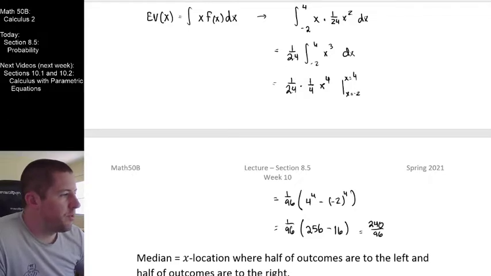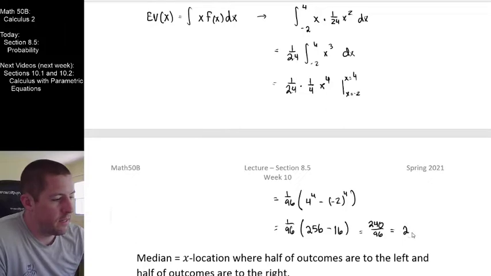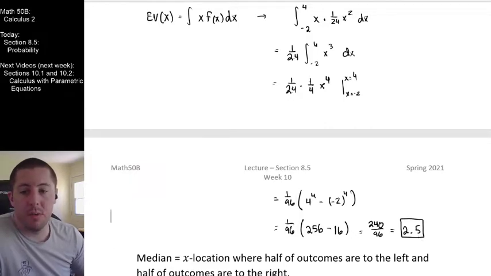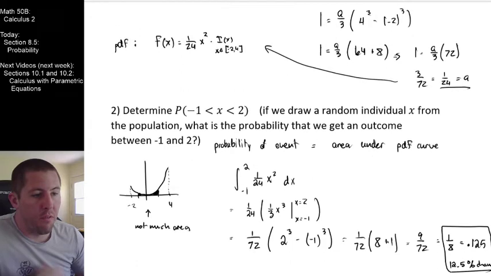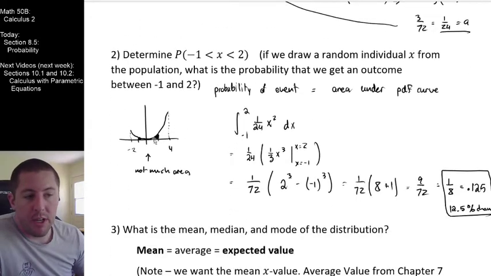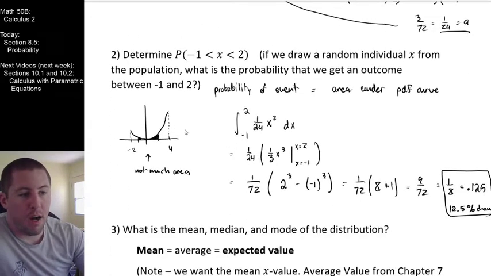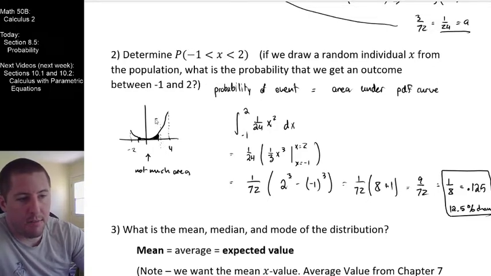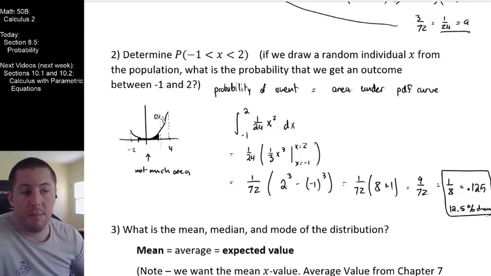And if we're doing 240 over 96, it turns out this is actually a really nice and clean 2.5 right there. So it looks like the average x value associated with this one, if we were going to draw one random variable from this over and over and over again, what we should expect to see is approximately 2.5, right there. This turned out to be our expected value. So that's what we should expect to see as our average roll.